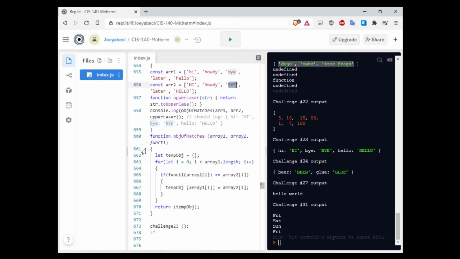Once we've done that, i will eventually be incremented to 5. There's nothing in position 5, but i, which after incrementing through later and hello, will be 5. The array length is 5. So then 5 is not less than 5. It'll fail the for loop, exit out, and it will return the temp object, which had loaded